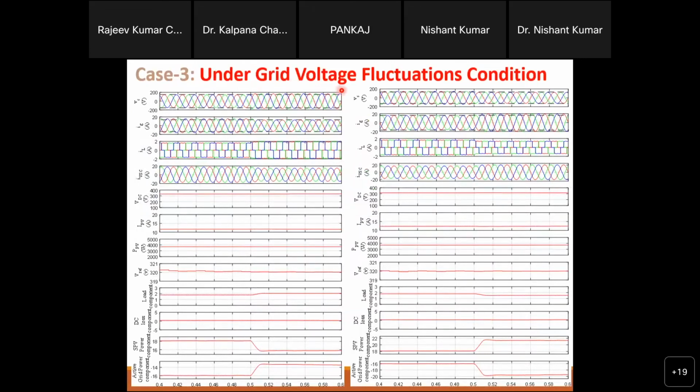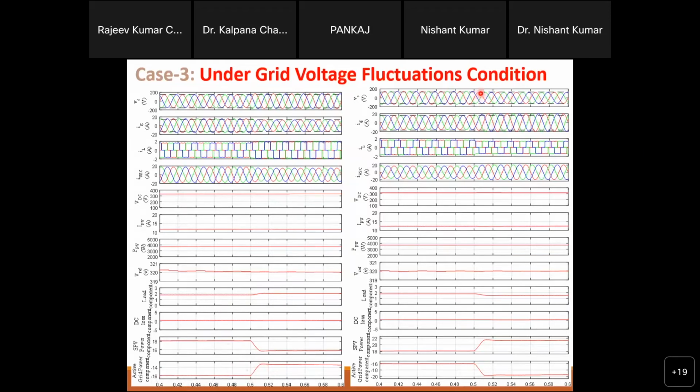Similarly, you will see other types of behavior, as these are also tested under grid voltage fluctuation conditions, meaning over voltage and under voltage conditions, where the load is also disturbed accordingly. When the voltage increases, the grid current will decrease. Voltage increasing means grid current decreasing. That's why you will see a decrement of the grid current. This is around 16 and this is around 14, so 16 ampere becomes 14 ampere.